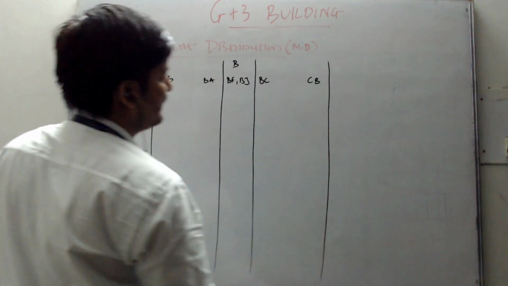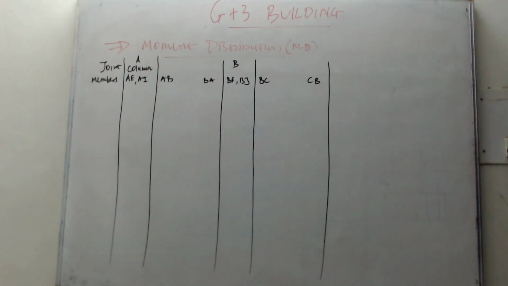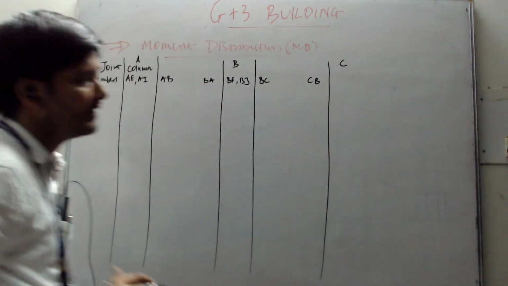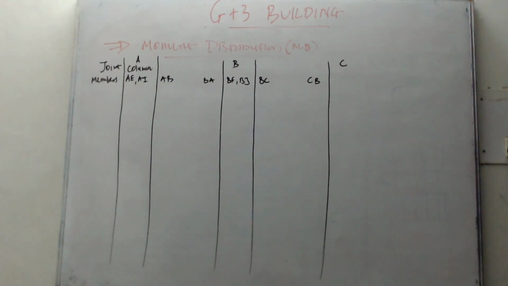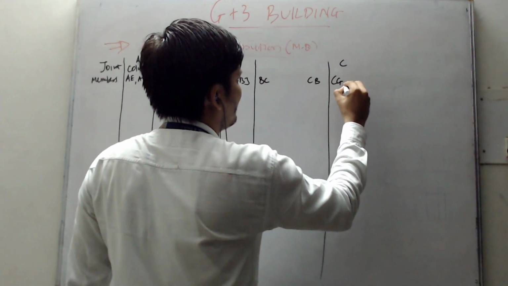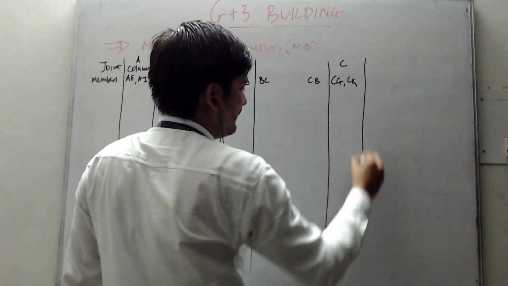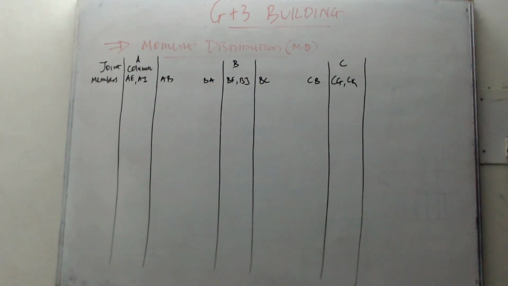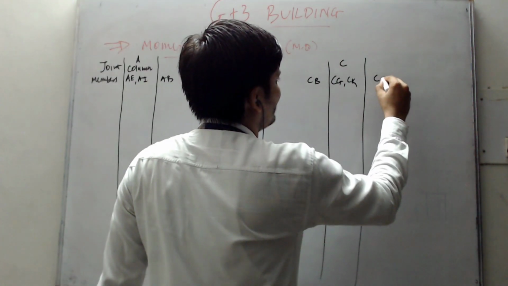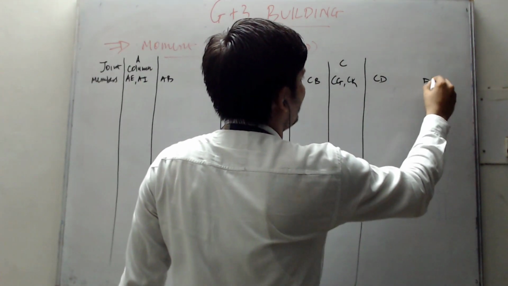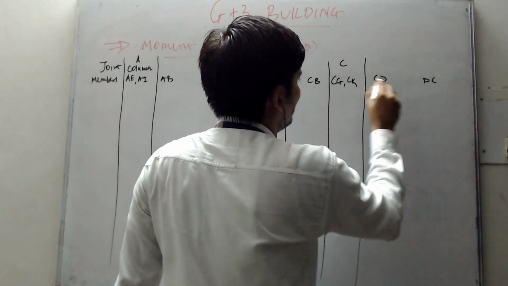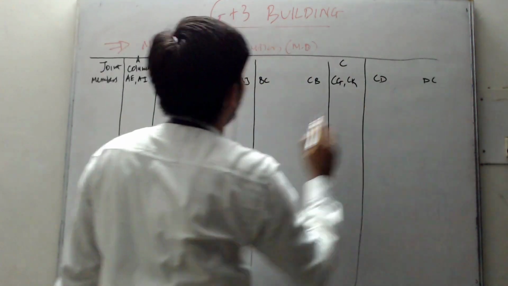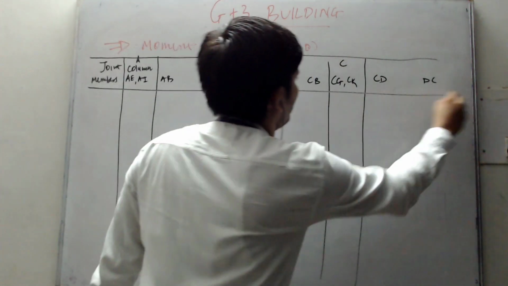After that again there is a column C. You need to refer to your substitute frame, right? For this, at C we have again two columns, that is CG and CK. And from this point onwards there will be symmetry, right? So let's just write for one side only, it will be symmetrical after this. So at this there will be CD and DC, right? I will not solve for DC, we stop at point CD because of this symmetry. So this is a typical table that you start with, okay?